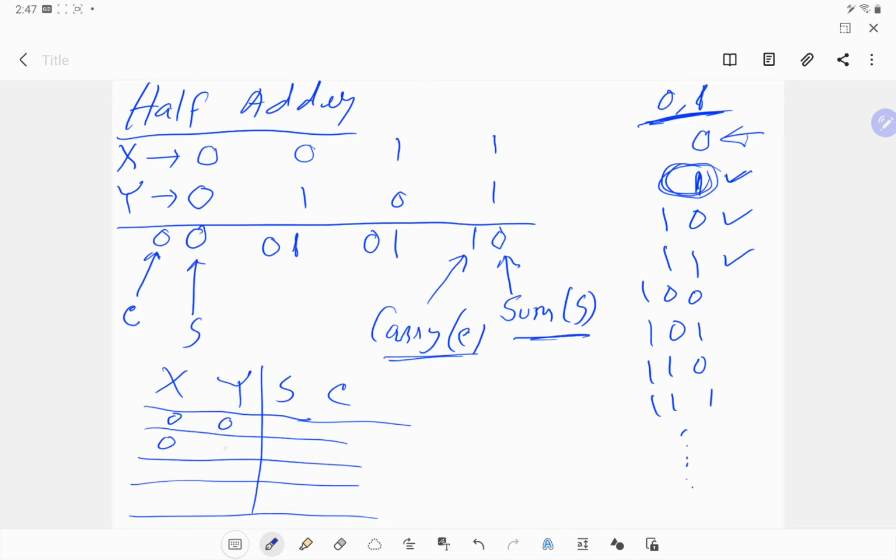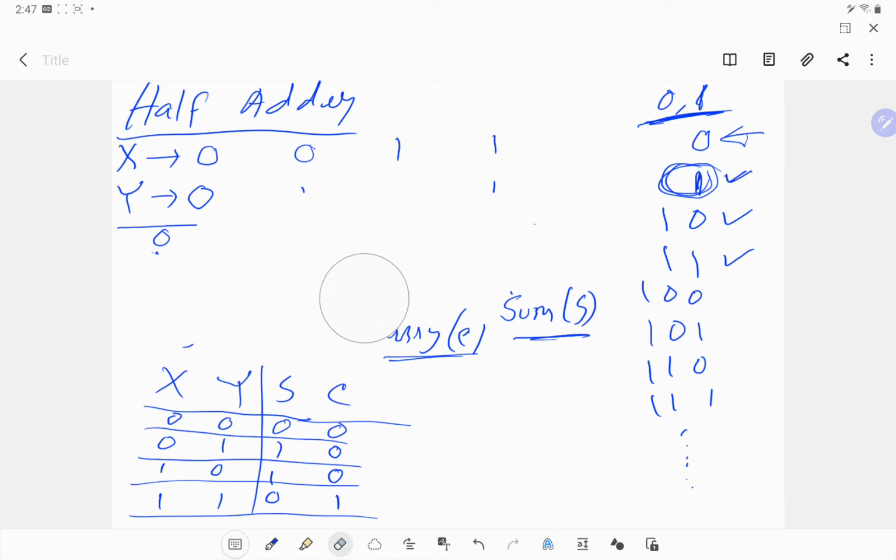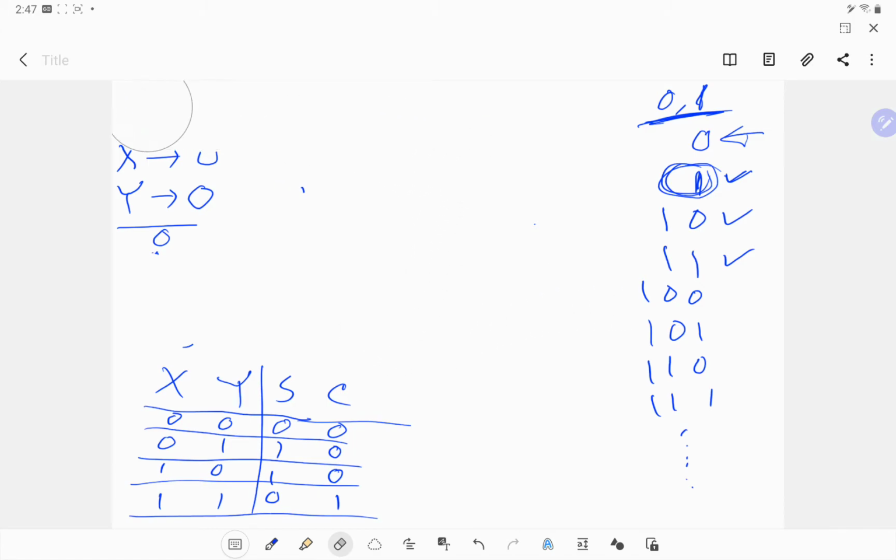So 0 0, 0 1, 1 0, 1 1. For 0 0 sum is 0, carry is 0. For 0 1 sum is 1, carry is 0. For 1 0 sum is 1, carry is 0. For 1 1 sum is 0 and carry is 1. Okay, so we got the truth table. Now it's easy to design the circuit. We need to find two functions, one for S and another for carry, then draw the circuit according to the